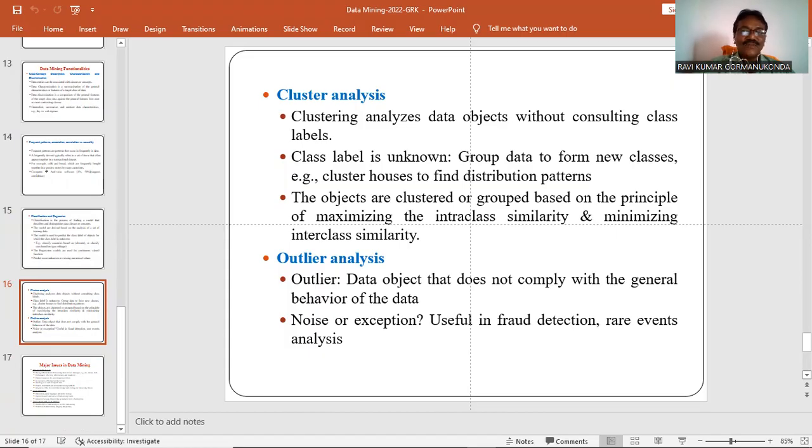Maximizing intra-class similarity means within the cluster, like within the wild animals, the properties are similar. But these properties are dissimilar to other clusters. That's why it's called minimizing inter-class similarity. Within the cluster we maximize the similarity, because all similar objects are in one group and dissimilar to another group.